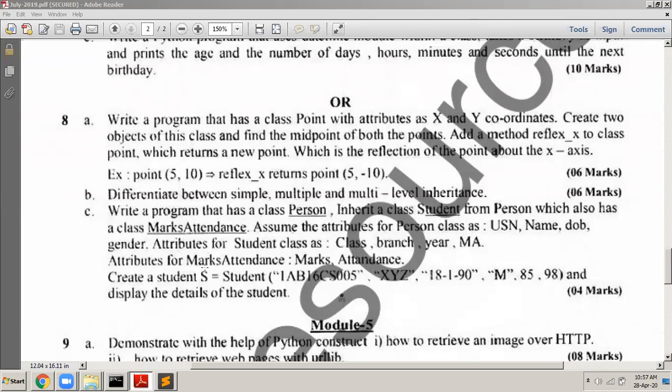So we have solved these programs 8A. Now 8B and 8C are based on inheritance. 8A and 8B are based on inheritance. That is what I told you. I'm planning to do this now. First of all, let me tell you what is the meaning of polymorphism. Okay, polymorphism. Let us see some examples of polymorphism. In the examination, they will ask you what is polymorphism. Give some examples of polymorphism.